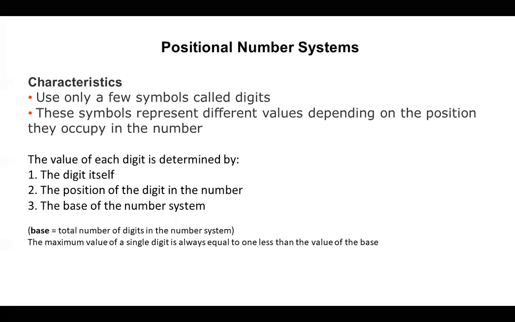If we take the octal system, the base of the octal system is 8. The digits in the system are 0, 1, 2, 3, 4, 5, 6 and 7. Then if we take up the hexadecimal system, the base is 16. The values will be 0, 1, 2, 3, 4, 5, 6, 7, 8, 9, A, B, C, D, E, F. So these are the only digits. Using these, we write any numerical notation.